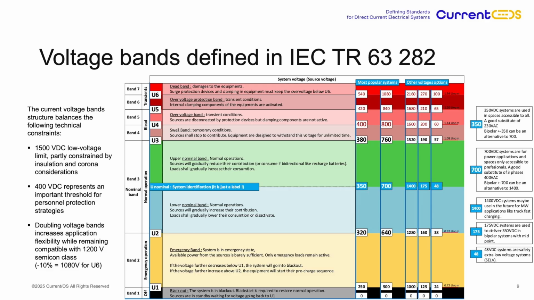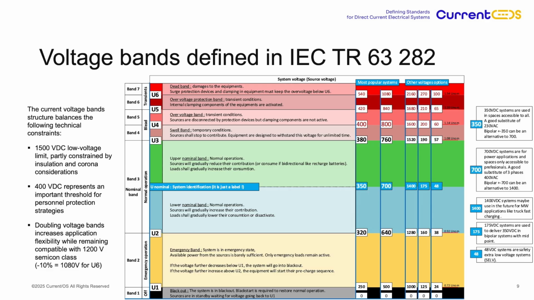These voltage bands have been formalized in an IEC Technical Report 63282. When we refer to 700 volts, it corresponds to a nominal band between 640 and 760 volts, with a maximum continuous voltage of 800 volts. Beyond this, there is a band where clamping systems are